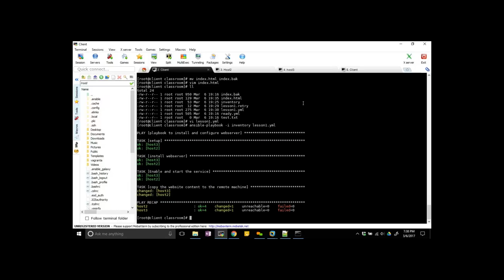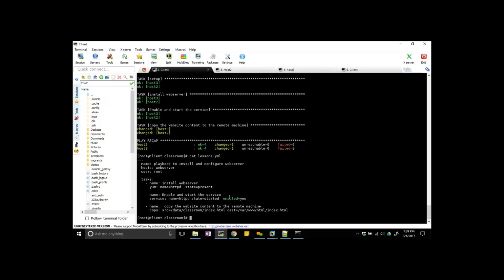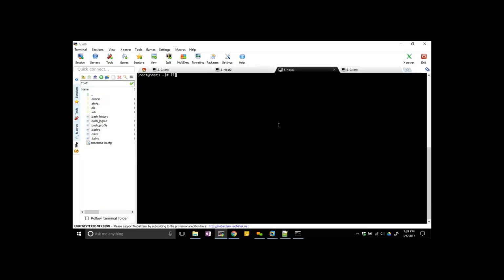Let's see where did I copy? In the destination machine, /var/www/html, right? So copy this folder and see in the destination machine. You see here index.html, so it is copied. When it is copied, 738.